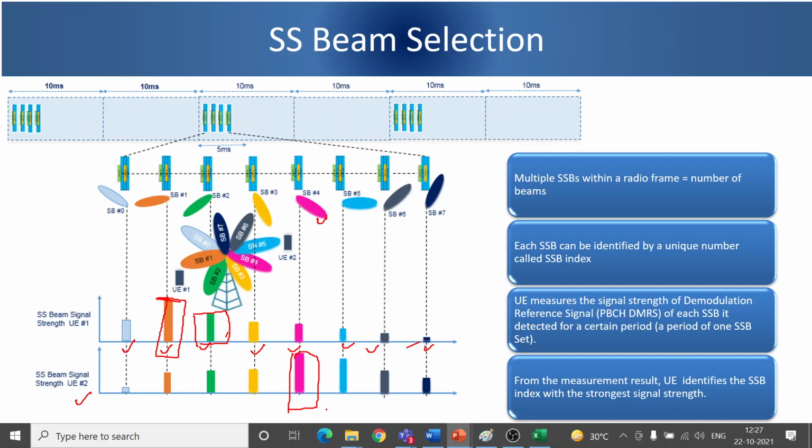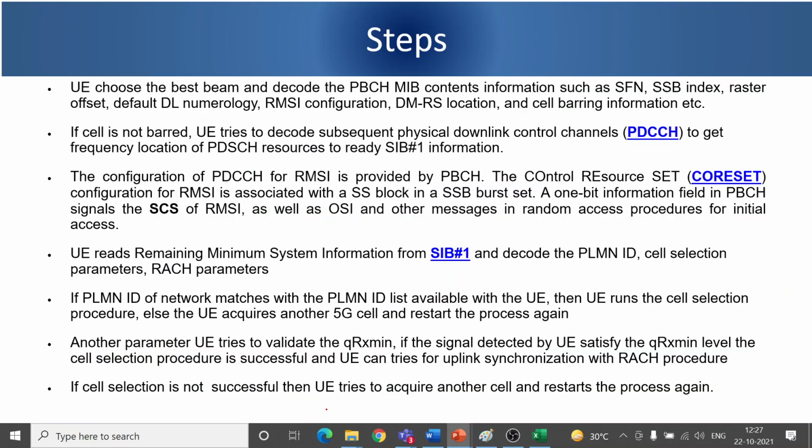These are different SS blocks. So now it knows when it is getting transmitted, the frequency it knows, and it also knows that every 20 millisecond those repeat transmissions will happen. So it does that, right? Okay. So I think I have discussed the different steps earlier, so I'll just skip.